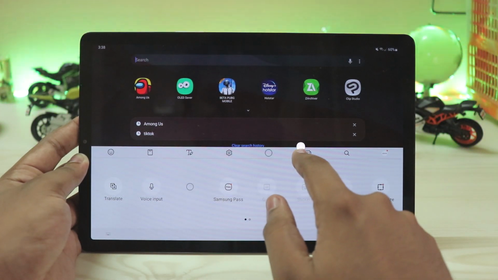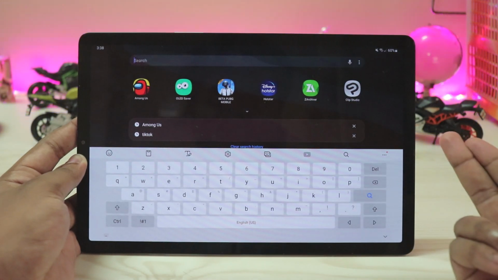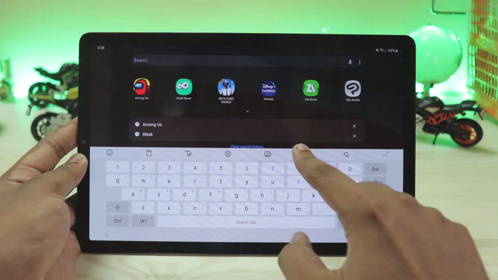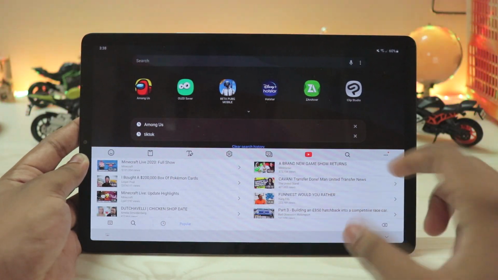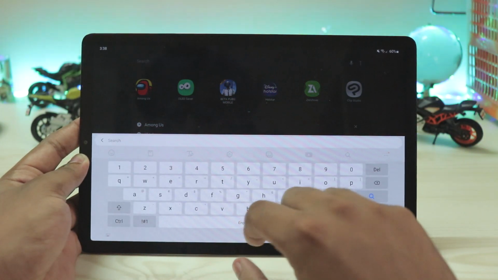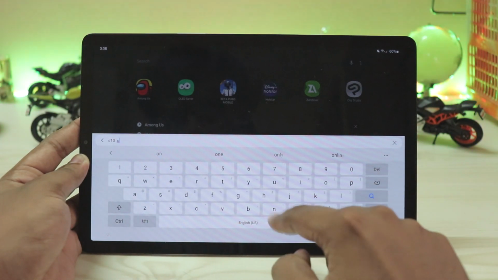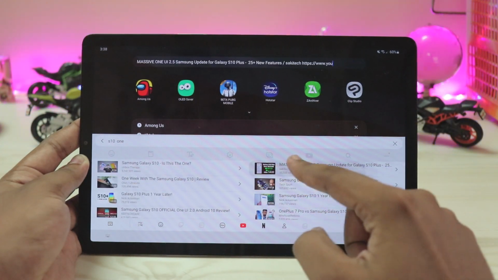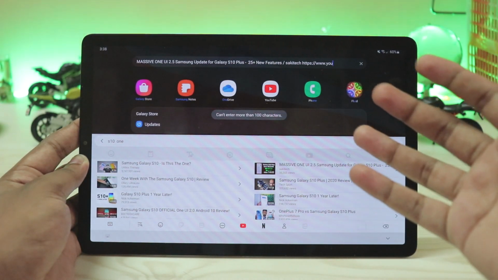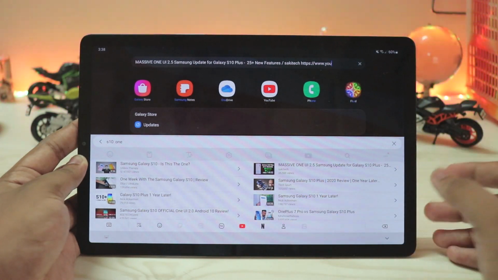So let's just switch it up right over here. Now if you want to suggest someone a YouTube video or something, which is very helpful for me, I can just tap over here, search for anything like the trending videos, or I can just search it up, S10, and if I just tap it, it will type in the video title and the link for it right over there with the channel. So that's really great optimization.